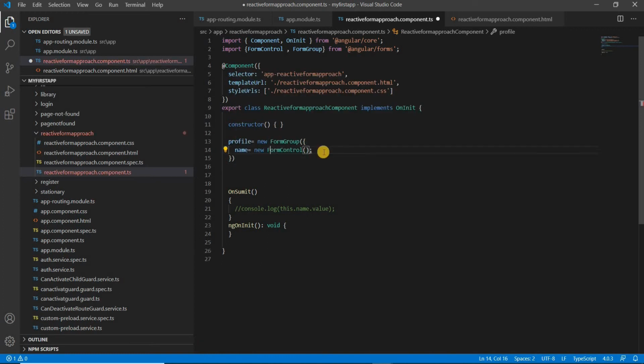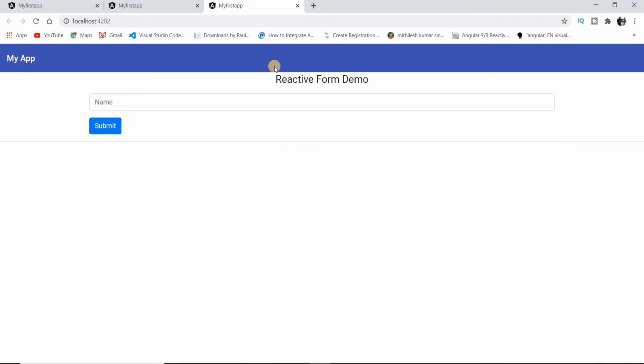We have to define them inside here and change it to name equals to new FormControl. So friends, this is our form.